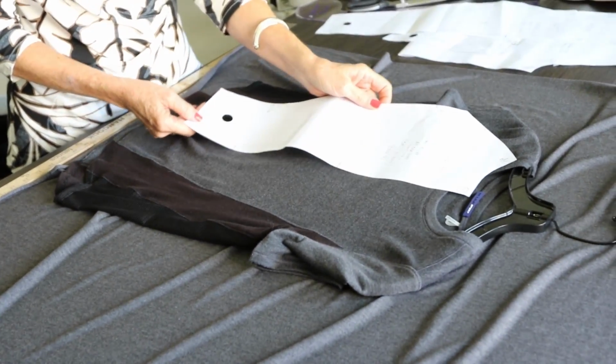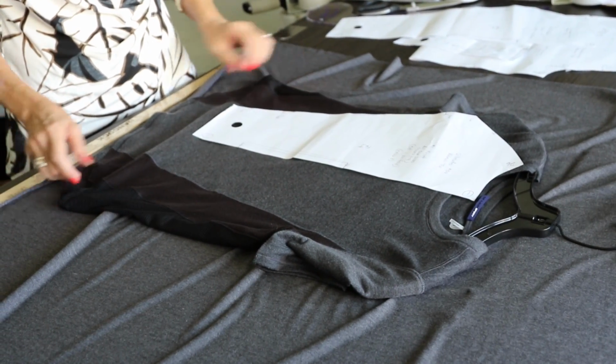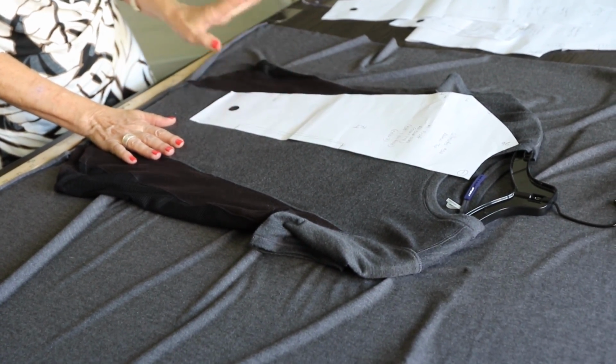So because I want the top to actually be longer, on all the pieces that have to do with length, I'm actually going to add